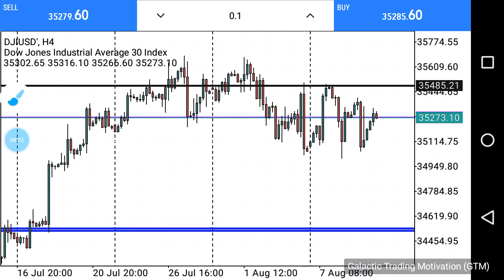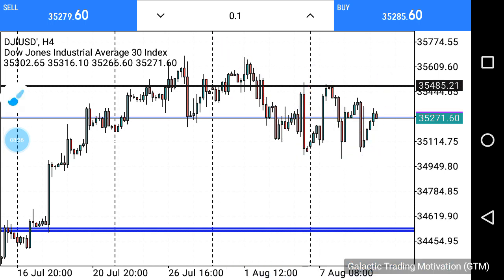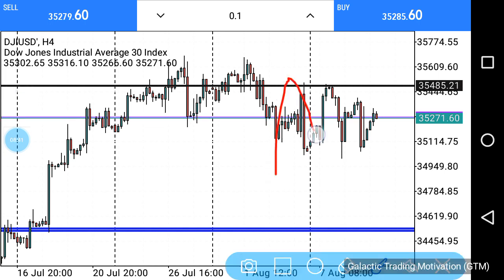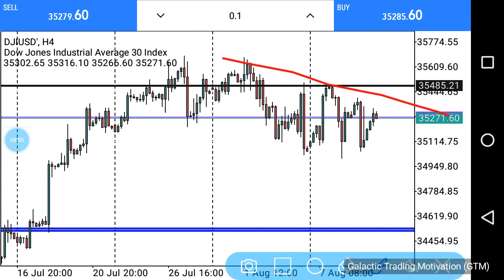But in as far as buying or selling at this point, I don't see much, because the market is very much mixed. The market is very much mixed because, guys, look, as much as we have this inverted head and shoulders pattern, we also have another head and shoulders pattern over here. You guys can see that, with this being the left shoulder, this being the head, and this being the right shoulder, right? So what this means is that buying or selling in as far as the H4 chart goes is a bit tricky. Buying or selling is tricky, and myself personally, I would not go in